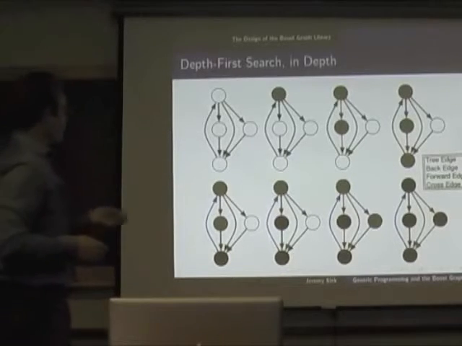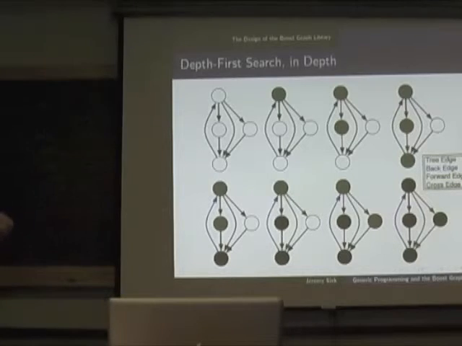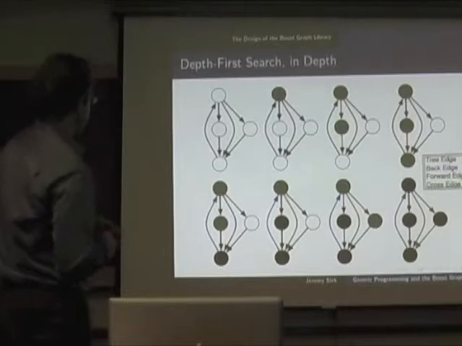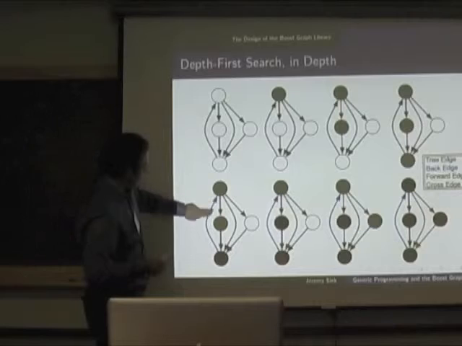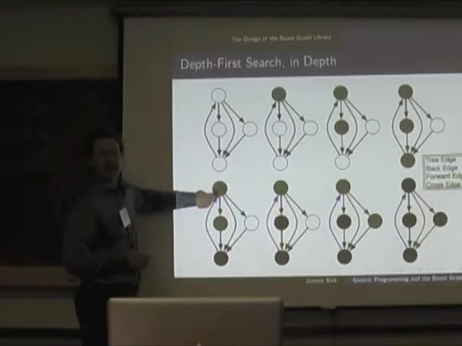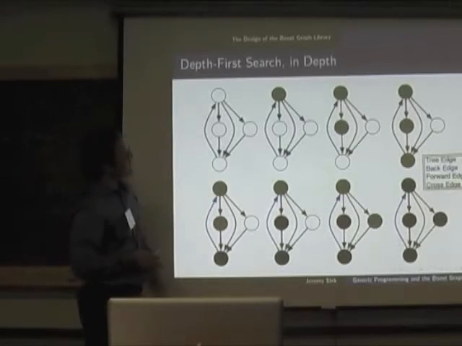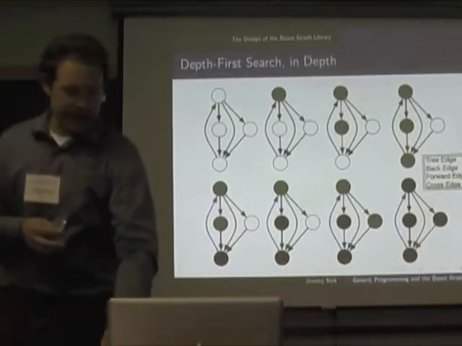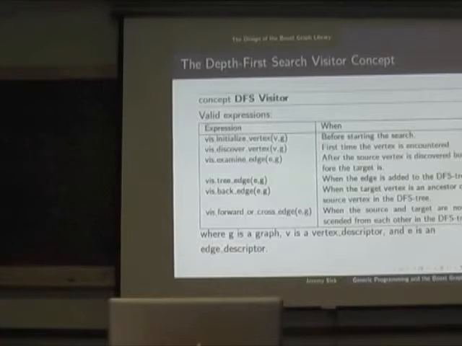And if you add a gray color to your color scheme, then as you're going along and you see something that's gray, you can tell that now you've got a cycle. These are gray here, this guy's black. This blue edge is saying, I'm on a black guy, and I see a gray guy. That means he was one of my ancestors in the tree, and so I've got a back edge.